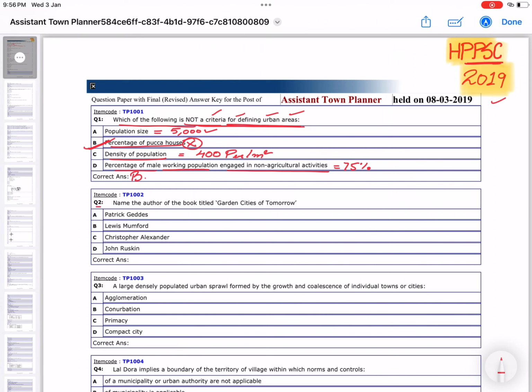Question number 2. Name the author of the book titled Garden City of Tomorrow. So this book is written by Lewis Mumford. Christopher Alexander has written A Pattern Language. John Ruskin has given the Seven Lamps of Architecture. Patrick Geddes has given us the Outlook Tower,